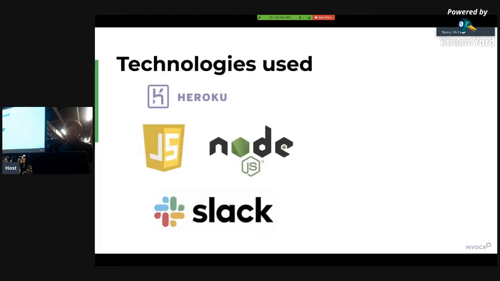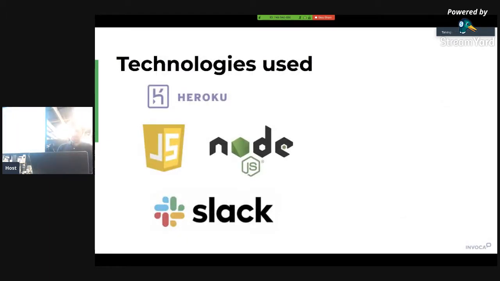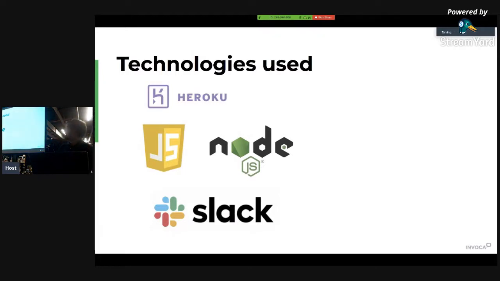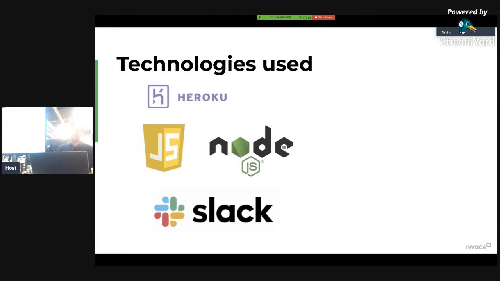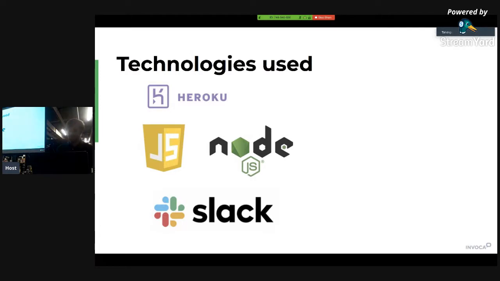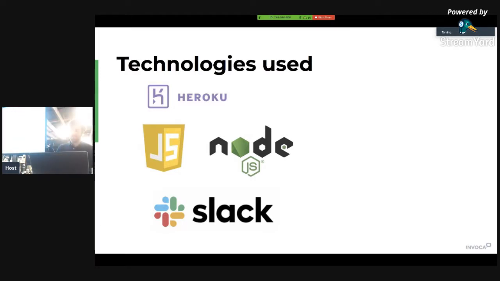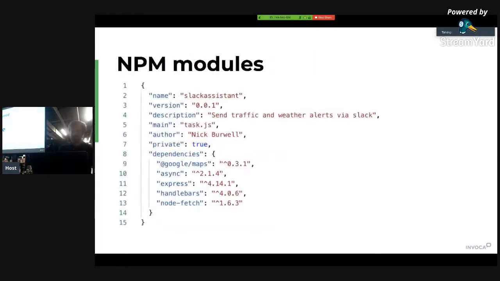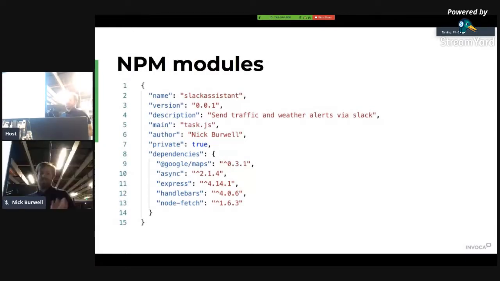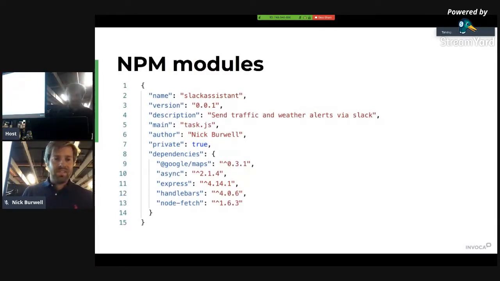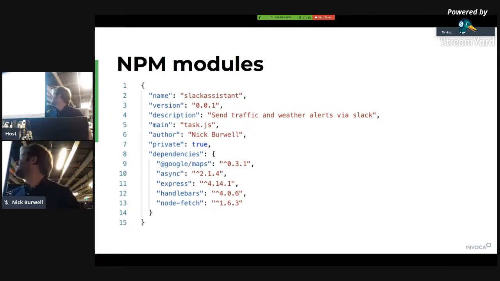The technologies I ended up using were Heroku, JavaScript, Node, and Slack to send that final notification. That last piece was just because I already have Slack on my phone, and they have super simple push notifications. So I just went with that. But that last part could definitely be swapped out for anything else. Another goal I had just